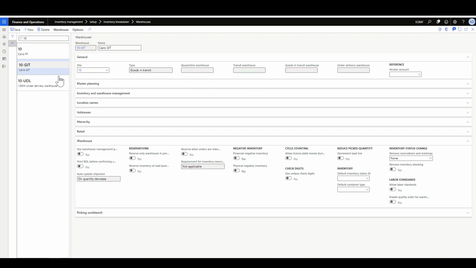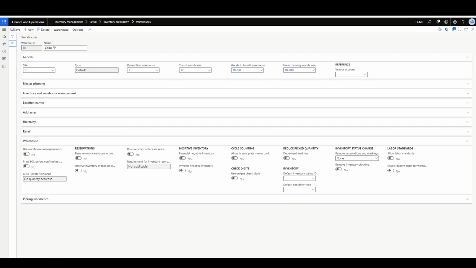So if we look at this goods in transit warehouse, you'll see that the type is goods in transit, and if we look into this one, you will see that the type is under, and then you should link the warehouses to a final warehouse. So I have prepared for